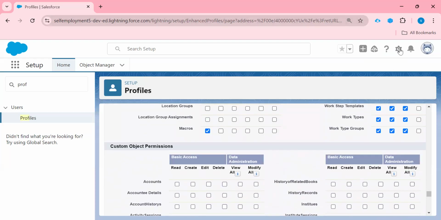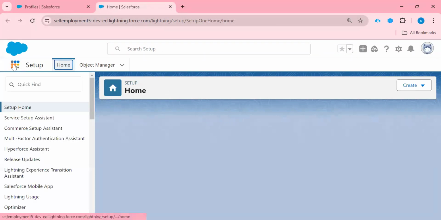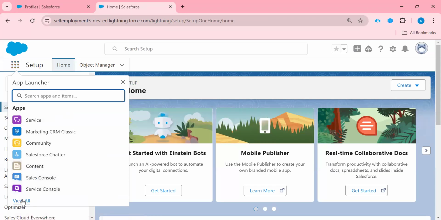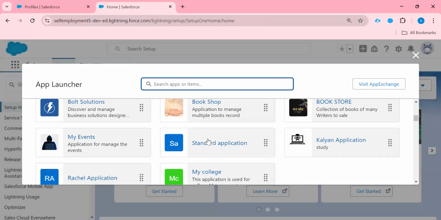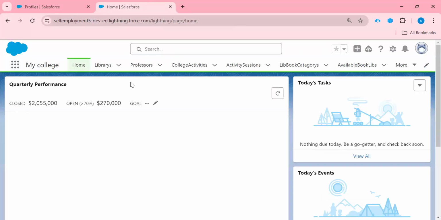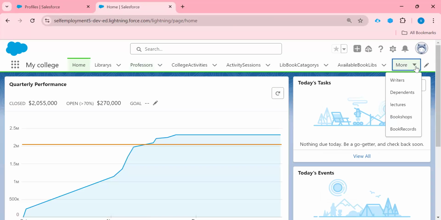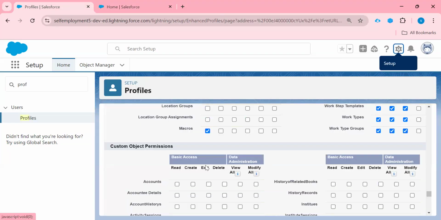If I open my application, let me open my application first so I can show you which objects I want to use. So this is my application. In this application I'm going to give this bookshop, book record and the writer, right? Three objects I'm going to use for this profile, right?